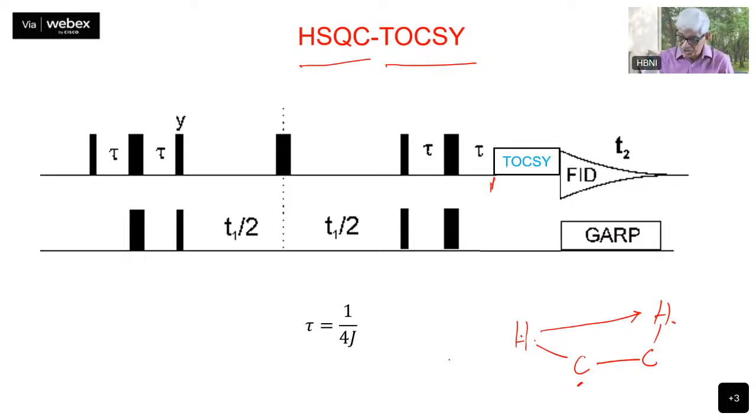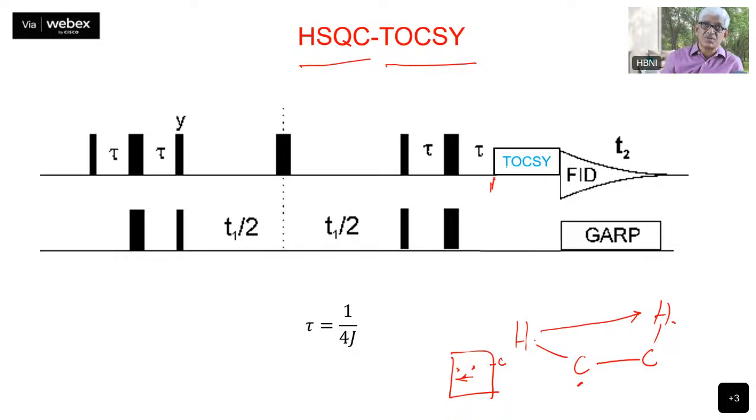So you will see both the things, and that is why it has the TOCSY there. So you have the correlation peak here. So you have the carbon-13 at one particular point. You will have this particular peak on this proton here, and you will have another peak here, which is related to this proton. Okay. So therefore, this is a TOCSY relay, and here you have only the direct peak. The direct peak versus the TOCSY relay can happen in this, and that has an advantage because you can see the network of coupled protons in a particular experiment. So that is the purpose of doing this kind of a mixed